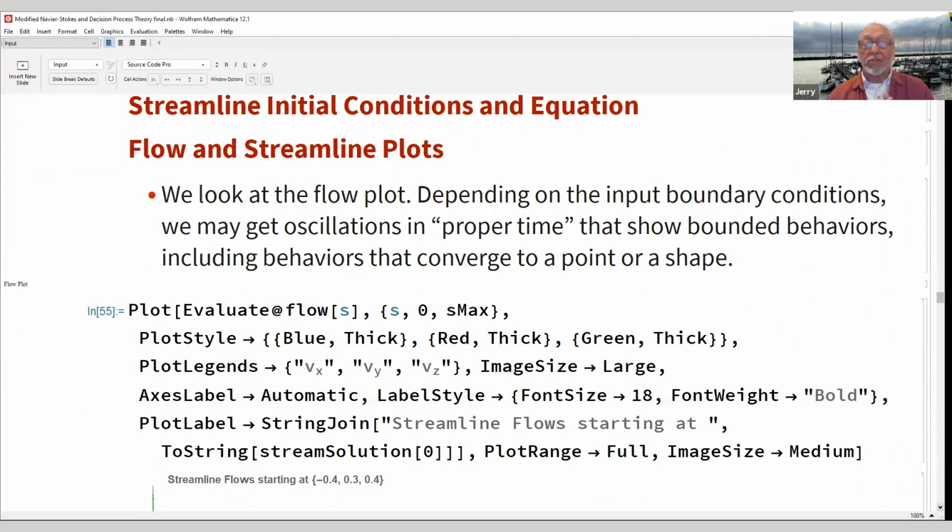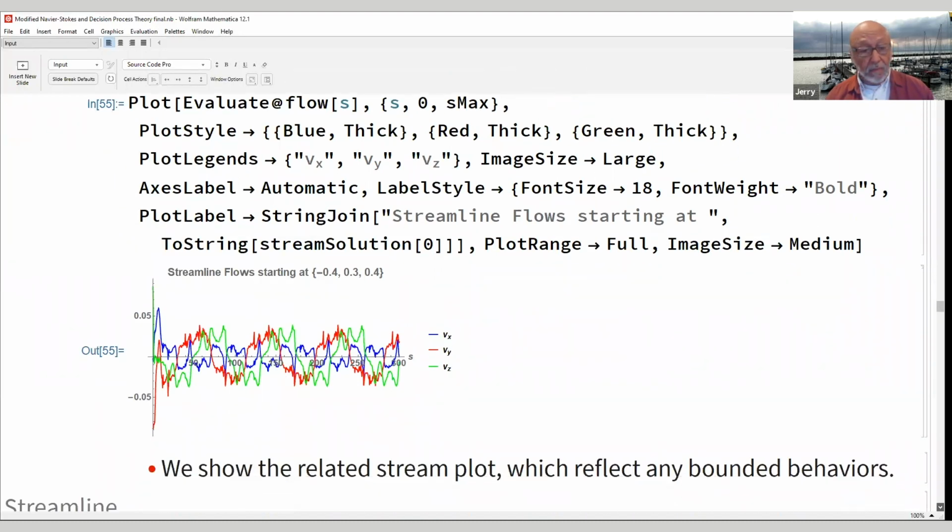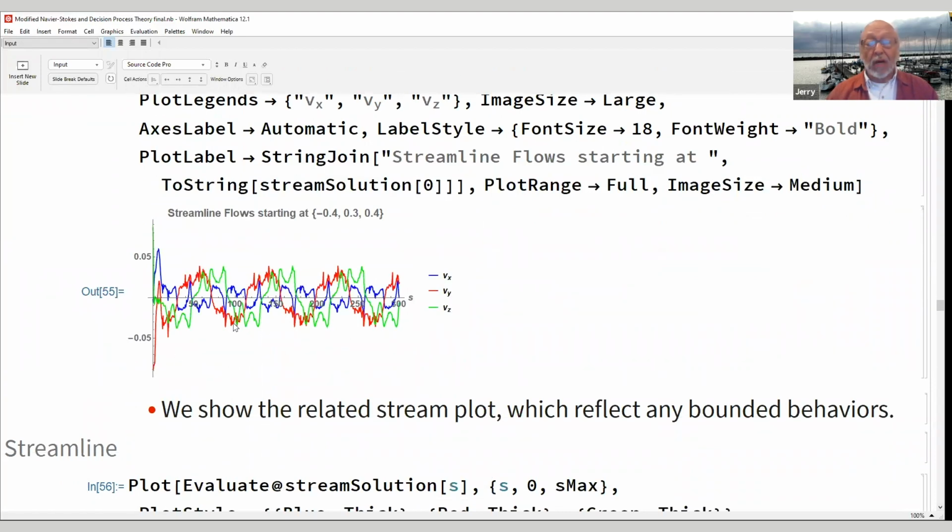Okay, I want to compute the streamlines, and as I pointed out, the streamlines are, in an exact theory, what I want to look at are the integral curves. I want to look at a curve that moves along the velocity flow, the velocity vector. So given a solution, I need to create yet another differential equation, which gives me the fluid flow, and then compute those. So this is the fluid flow,